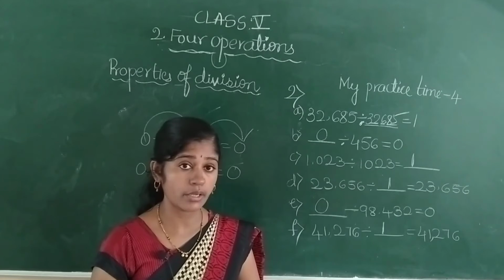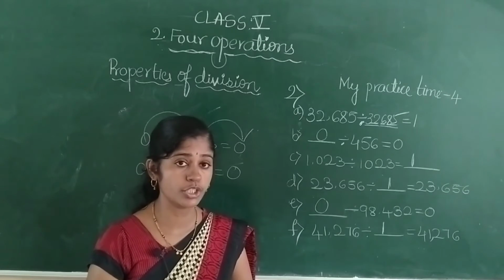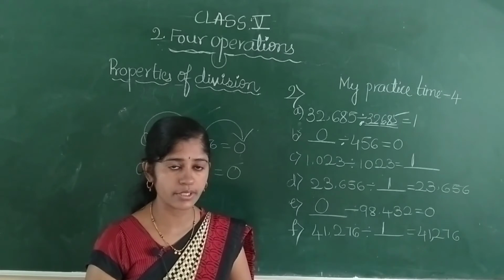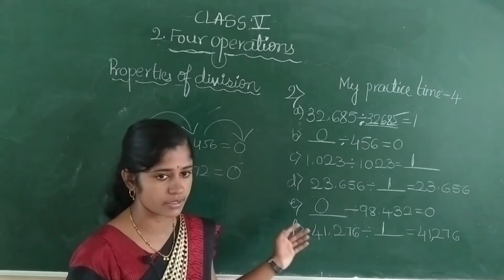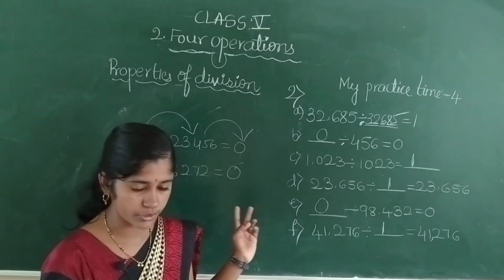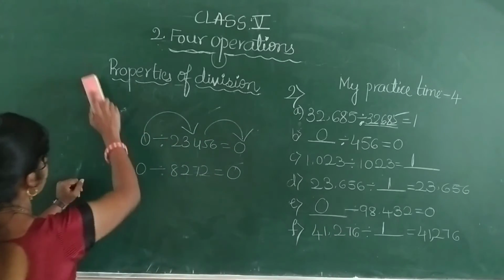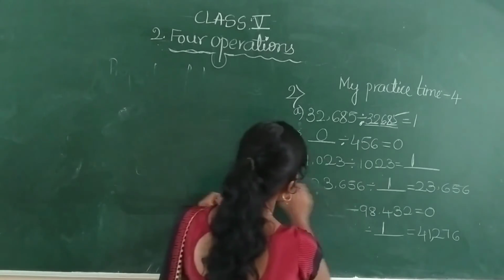See here, I would like to say one more thing. To solve division examples, you need to know tables compulsorily. If you don't know tables, then you can't solve these examples. Okay, I hope you understood these properties also. Here 3 important properties are there. Then let us solve some examples of division. I will take some very easy examples.